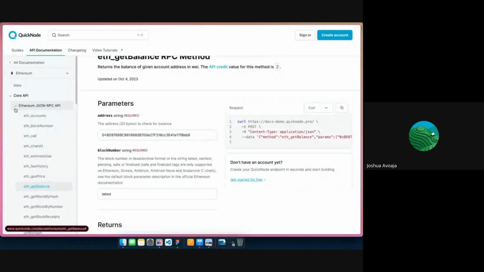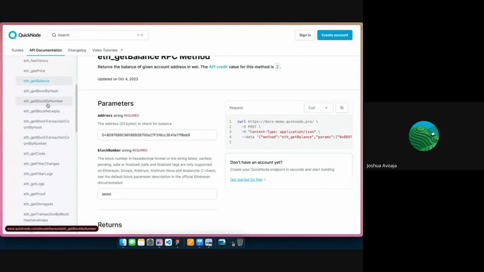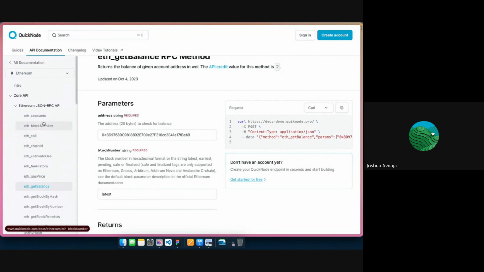So you might want to take a look at the Ethereum JSON RPC API that basically lists out all the RPC functions. So this is standardized across